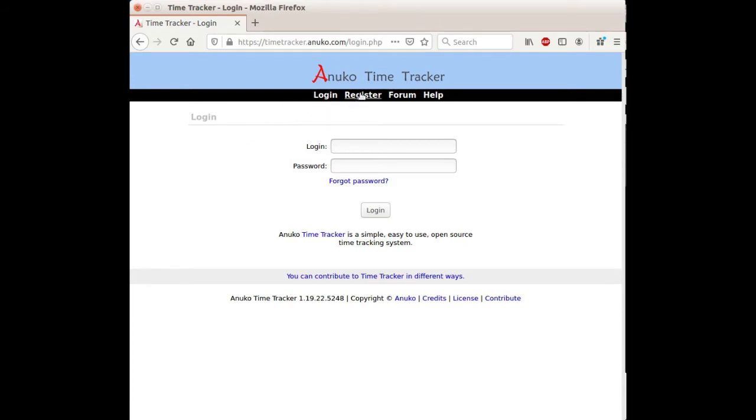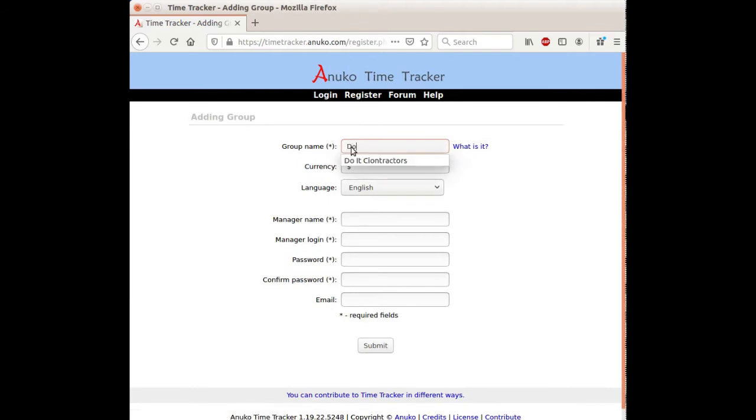So we click on this register link and then provide some information such as group name, manager name, login, password, and email. Email is optional, but I recommend using it because it can be used to recover your password if you forget it. Otherwise there is no way to recover it. So I recommend supplying the email.